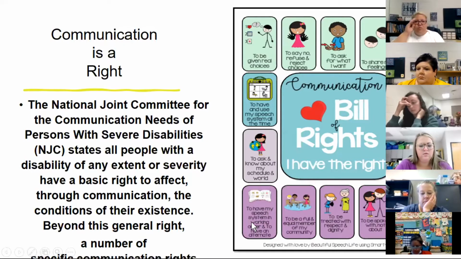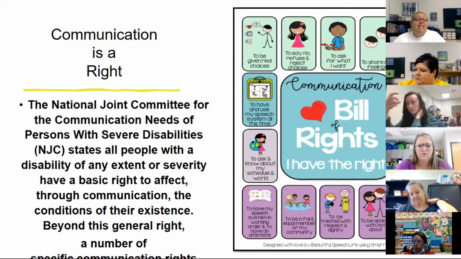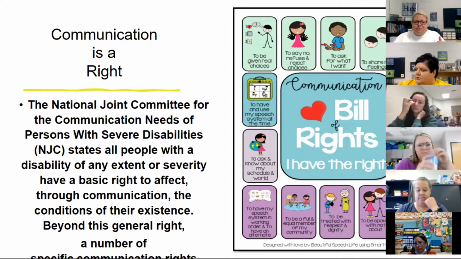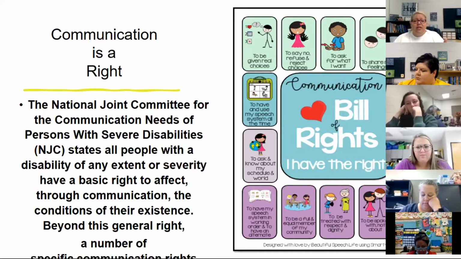So, we'll talk later, but I'm an advocate that students have all forms of communication available and they have to learn other ways, because let's face it, sometimes you just can't take the iPad to the bathtub, but you might need to say the water's too hot or too cold if you're at home. So having alternate ways to communicate.